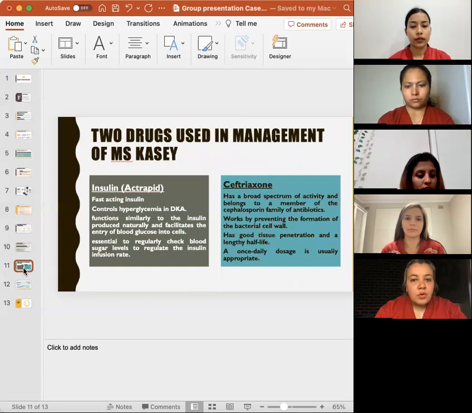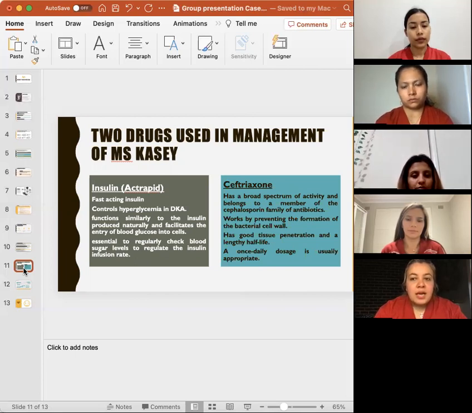Now I'm going to talk about 2 drugs that can be used in the management of Miss Casey. They are insulin and ceftriaxone. Firstly, I'm going to talk about insulin. Actrapid can be used in management of Miss Casey as it is a fast-acting insulin and used to control hyperglycemia in diabetic ketoacidosis. Actrapid functions similarly to the insulin produced naturally and facilitates the entry of blood glucose into the